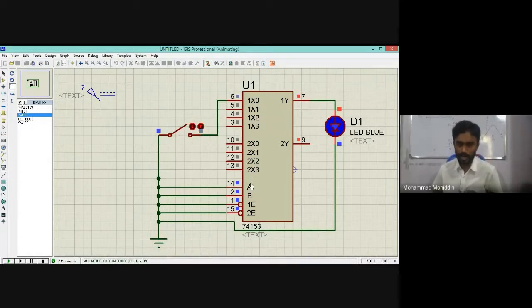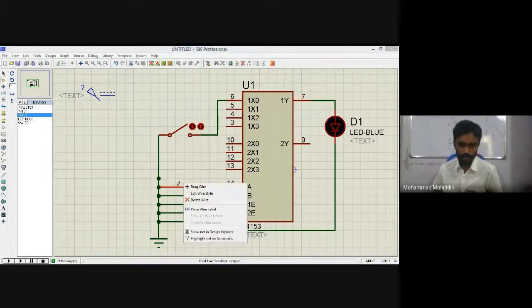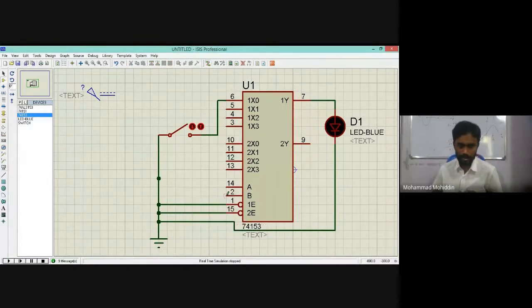4 cross 1, 0, 0, 0, 1, 1, 0, 1, 1 we will give. 0, 0 we have given. Now we will give 0, 0, 0, 1. This is the first one. This may be 0. This will be 1. Okay. It doesn't respond. You see, 0, 0, 0, 1 we selected. 0, 1 means 1. Na?